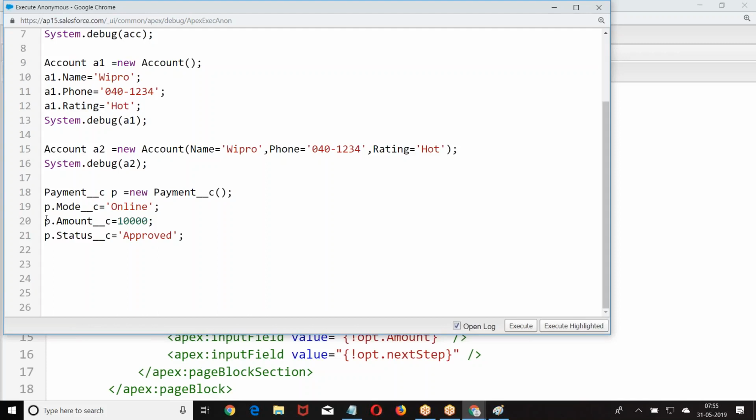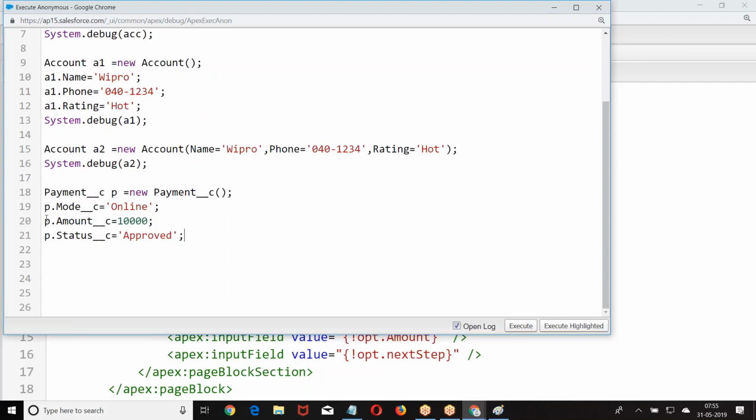Somebody is asking me the question, how do you know the fields? Go to customize, go to the object, find out the fields. Go to create, choose the object, find out the fields, assign the values. The only difference here is the list of fields we have in the S object are going to change from object to object. So go to the corresponding table, find out which fields are there and create the instance.